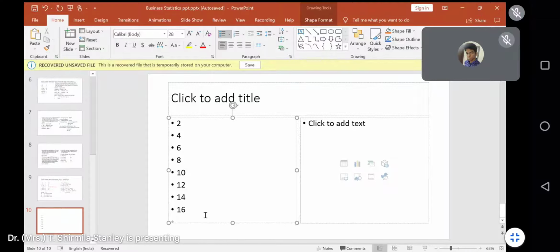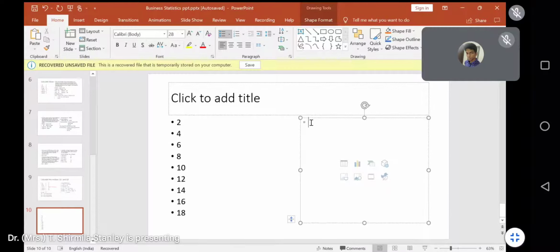Suppose you're going to have 8 items, right? So how are you going to calculate your Q1, Q2, and Q3, right? So this is in individual observation, right? For individual observation, your median formula will remain the same. That is, it will be size of n plus 1, right?